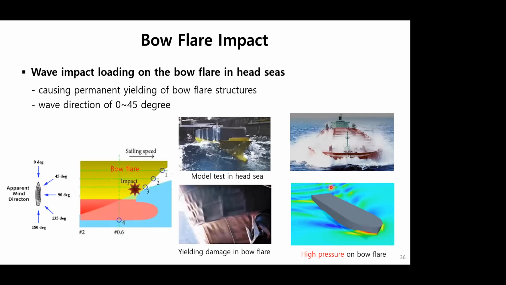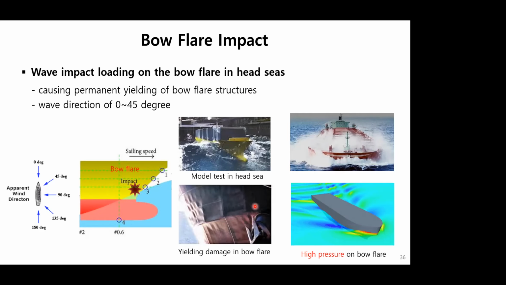Another type of loading against the ship is impact loading. When a ship sails under head sea, that is, waves coming from the front with a wave direction of about 0 to 45 degrees, impact loading may happen on the bow flare, depending on the wave height and ship speed.